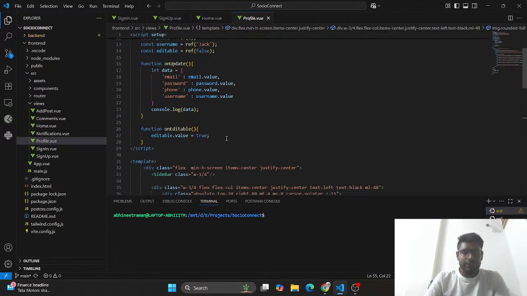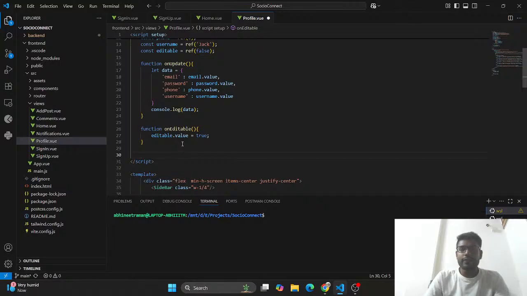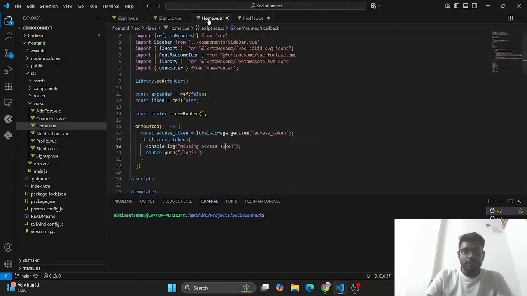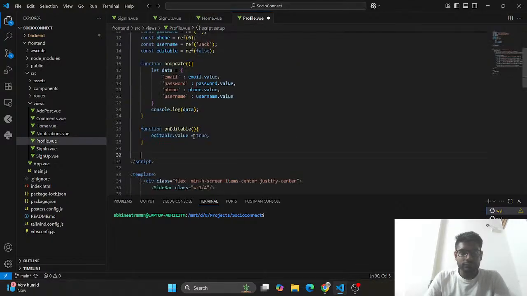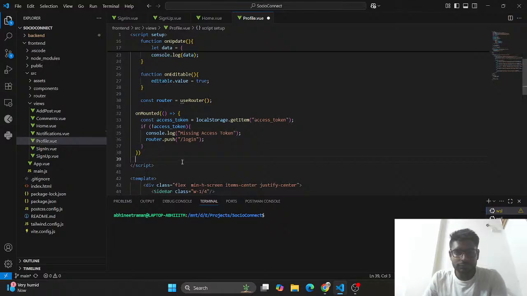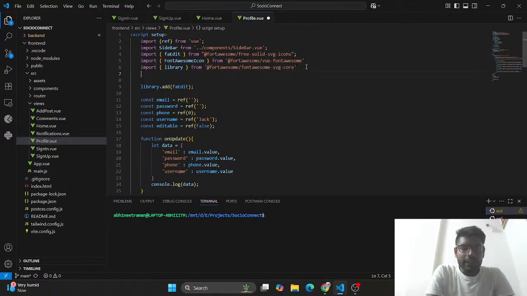So in profile, there are two tasks we need to do. One is we have to bring the data from the back end APIs, and second is update the data whenever that is required. So for that we will use this onMounted function. And if that is the case, what we require, we need to import